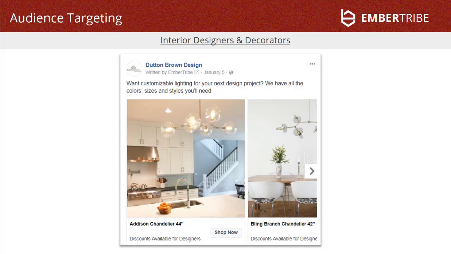We also called out the fact, if you look in the bottom of the ad, that discounts were available for designers. So that's giving them all the more incentive to at least check out the site. So, each of these ads performed really well because messaging aligned closely with the wants and the needs of the groups we were targeting. And if we'd run more general ads to broader audiences, we likely wouldn't have had the success we did. So, in your own campaigns, just make sure to identify your distinct buyer profiles.